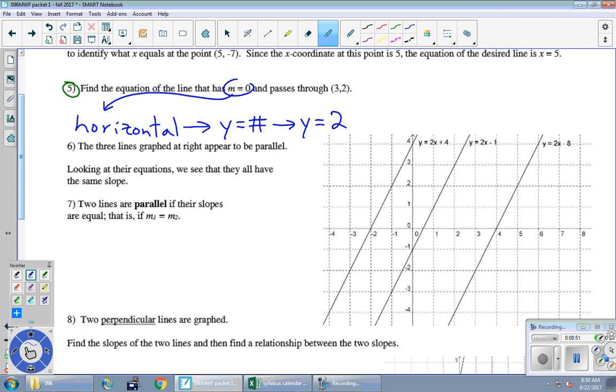y equals 2 is the equation of the line that has a slope of 0 and passes through the point (3, 2). Question on that one? Yeah, I just don't get